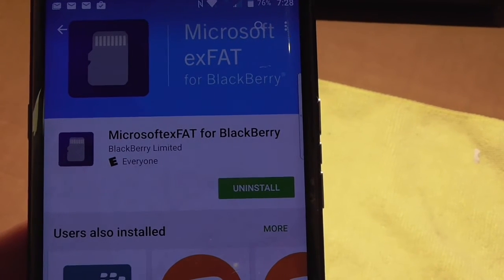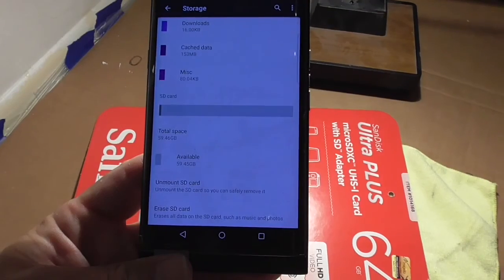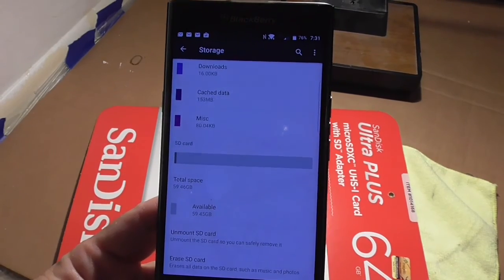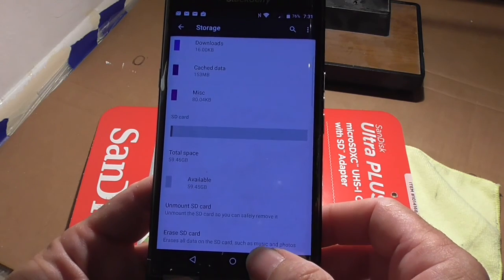And that's it. That's how you install a memory card in the Blackberry Priv, an incredibly awesome phone. There you can see under the settings storage section that the SD card lists 59 gigabytes. So that's how you do an install. You can erase the card if you want to, which